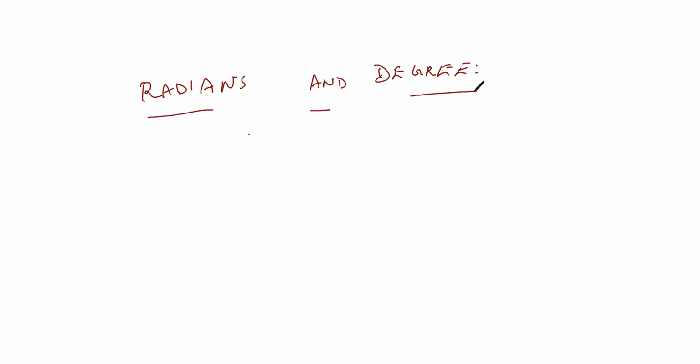So the topic today, first I'll be dealing with is radians and degrees. Maybe in physics you have it as well as in maths, but it's not an important topic, either from the entrance point of view or the board exam point of view. But since it is there in the book, I'm just teaching it. Okay, fine. So 1 radian.